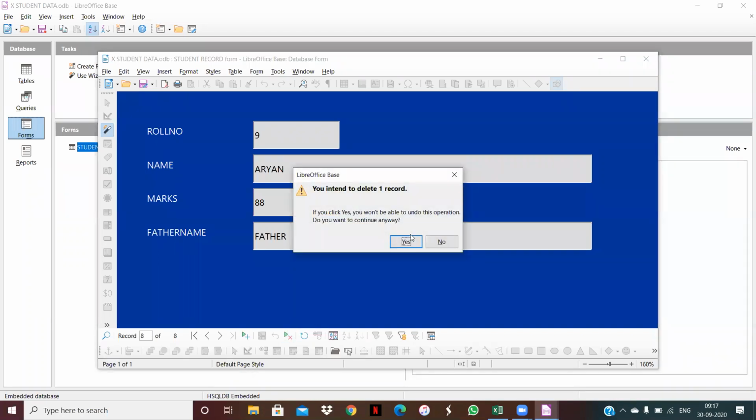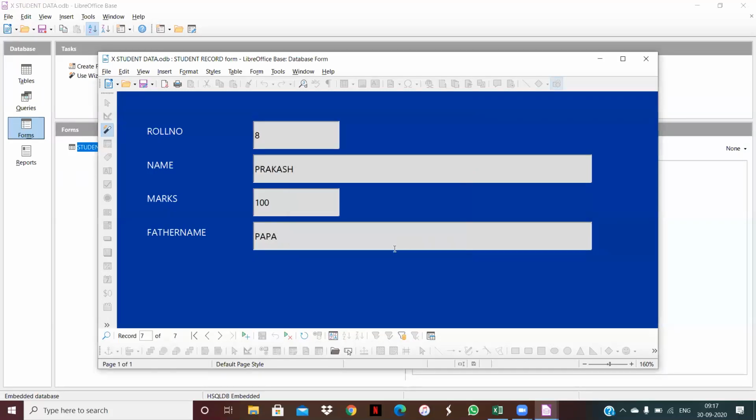Now it will ask from you, you intend to delete one record. Yes, this child comes late, that's why we have deleted him. Clear? Now you can see how many records are here. Total number of records are 7. Now